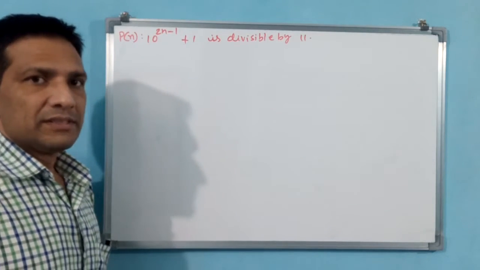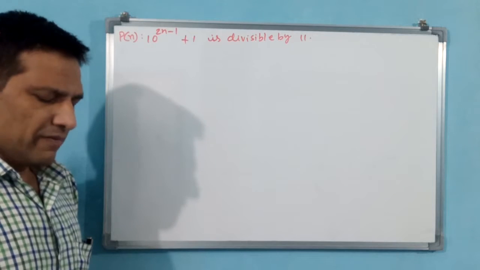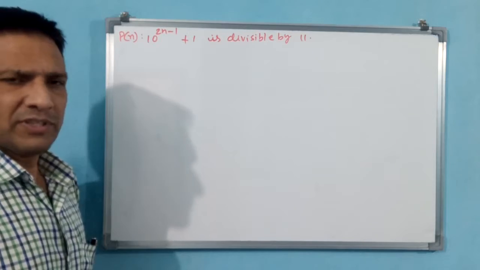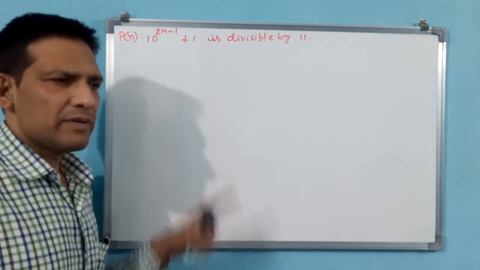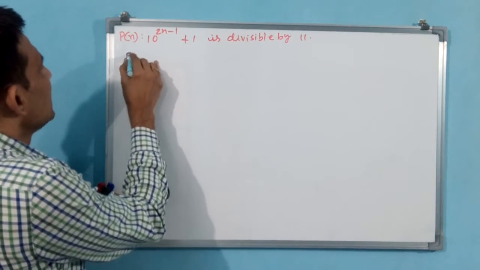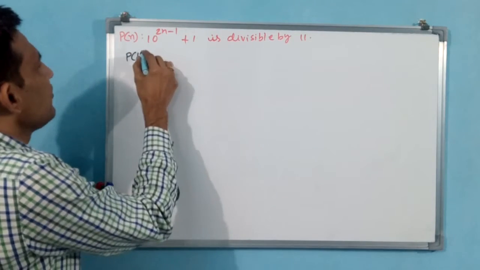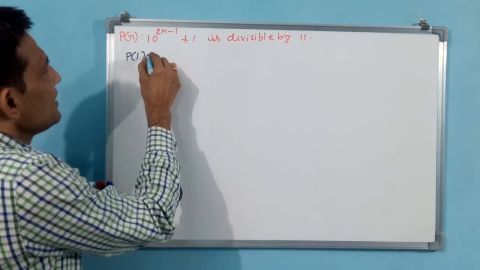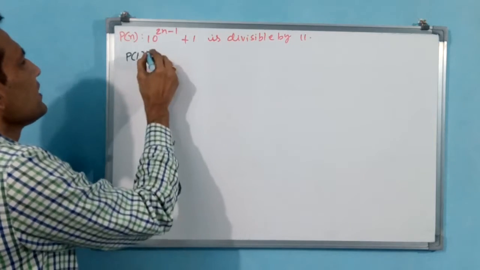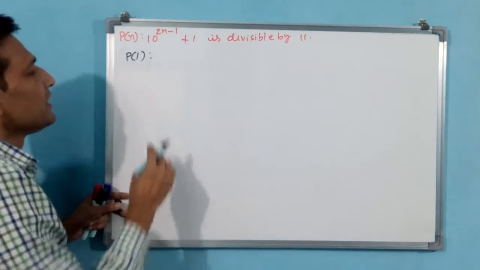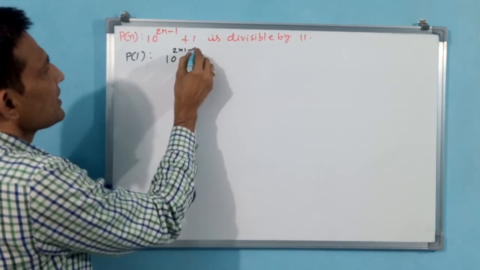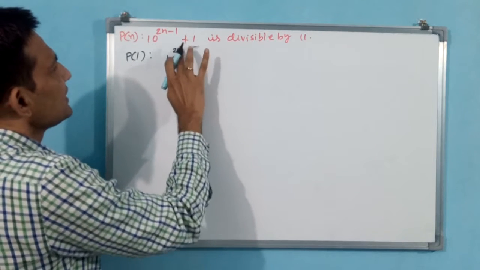Now this is the proposition. P of n we have taken. Now what do we have to do? Next step. See, 2 steps are over. n belongs to N is over. Pn is over. Now P1. P1 we have to find. Okay, P1. Now here equal to is not there. Like multiple only we have to find. P1 is equal to also you can write. Why? Because see, okay, let it be. We will see. 10 power, see 2 into 1 minus 1. Or else I can write 2 minus 1 directly.